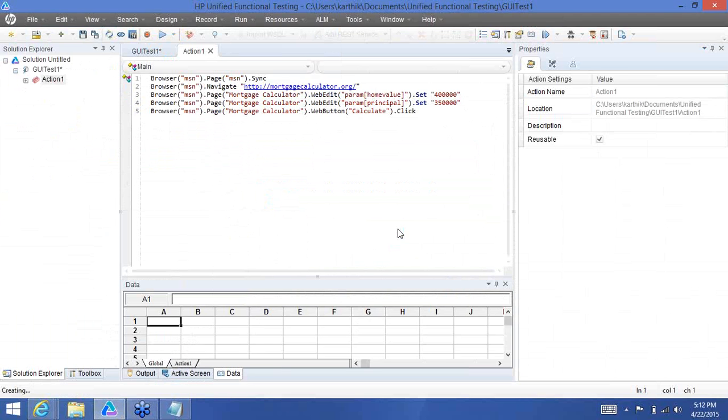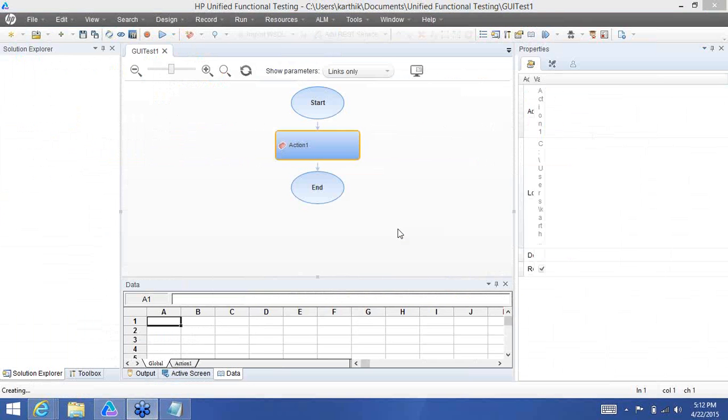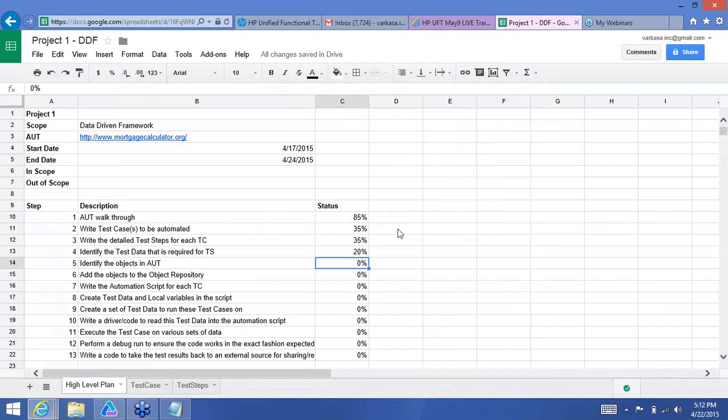Now it's going to create a blank test for us, and the first step as part of this test is going to be to identify the objects in the application under test, and add the objects to the object repository. So there are two steps in it. What we're going to do is,